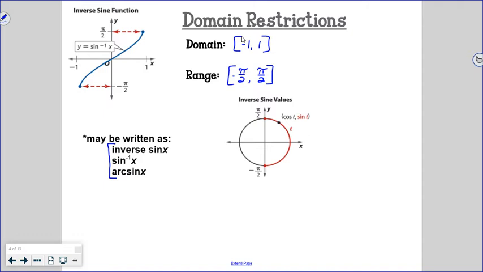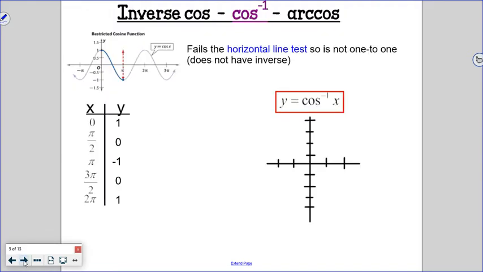Okay? Question so far. Same idea for cosine and tangent, is we're going to look at where it needs to be restricted. Obviously fails our vertical line test, so we restrict it. We do the same idea again as we flip-flop our x's and y's to get this picture started. We number our y-axis just like we used to number our x-axis. Everything turns on its side as we exchange our x's and y's, but the points end up in a slightly different place. 1, 0 would be here. 0, pi over 2, negative 1, pi, 0, 3 pi over 2, and 1, 2 pi starts that cosine curve